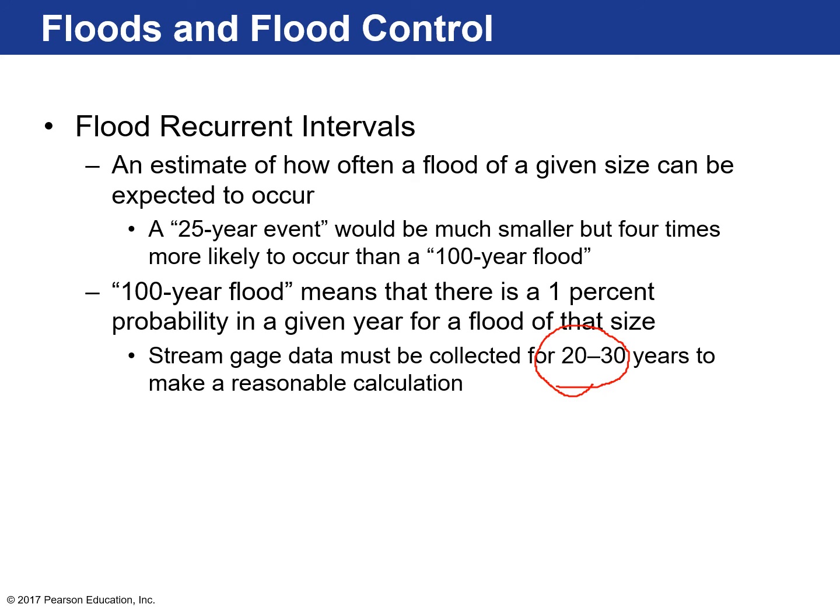But what's harder is that because our planet is warming, a lot of times the past historical data cannot predict what will happen in the future, because our hurricanes and our low pressure systems are holding more water in the atmosphere. So the rain events are more intense, and sometimes it might be a bad estimate. A 100-year flood or a flood of that size may actually occur at a higher percentage than 1%